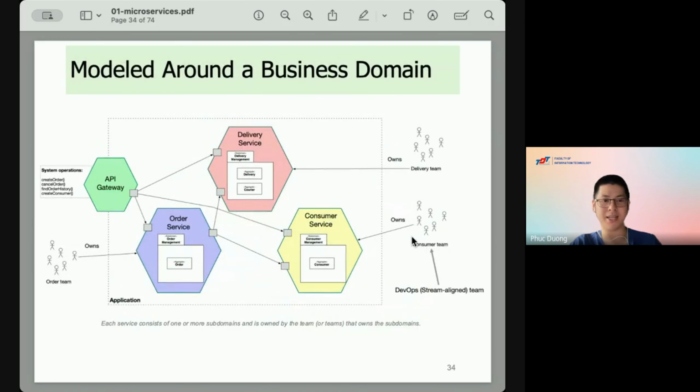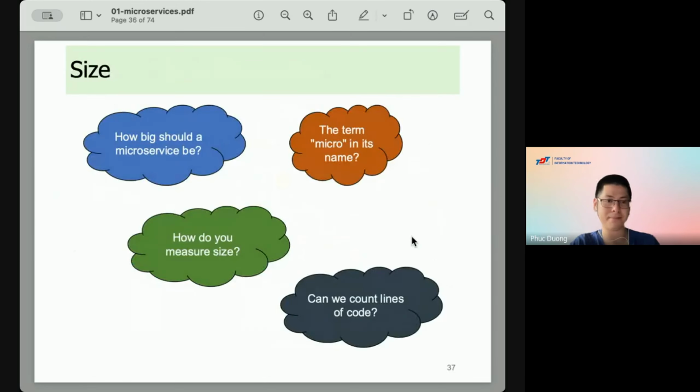A good design in this case is: you have a service for the delivery function, a service for the consumer function, and a service for the order function, and each service focuses only on its own business.